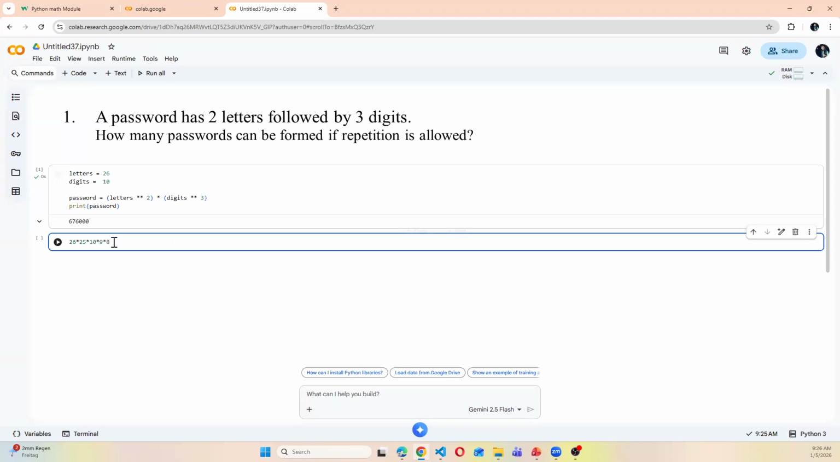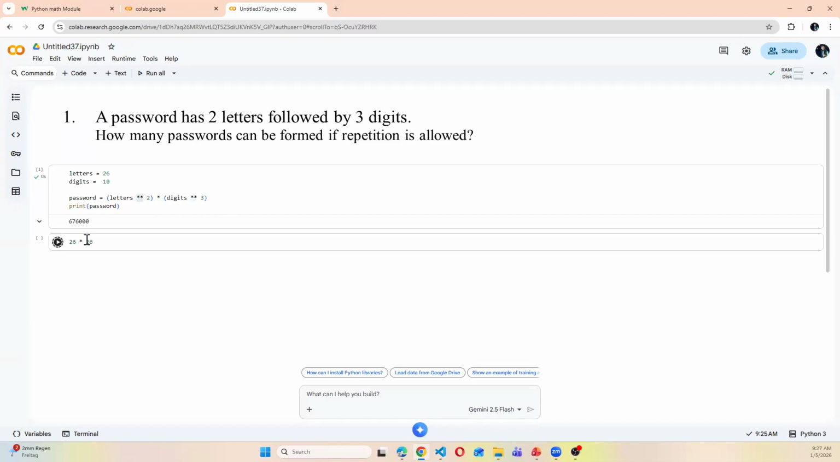Yes, Hasina. Teacher, here why did you choose two stars between letters and digits? See here, it's exponential. If you say 26 times 26, what does it mean? It means the same as